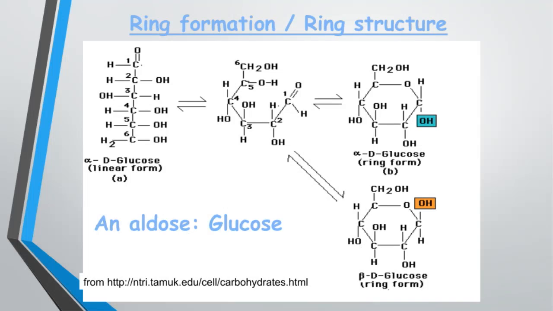Let's take a closer look at glucose, which is a classic example of an aldose. As you can see, it's a simple sugar essential for energy in many biological systems. Now, when we talk about glucose, one key aspect is its ability to form rings. This ring formation is a fundamental concept because it changes the structure of the molecule from a straight chain to a cyclic form. The ring structure is crucial because it affects how glucose interacts with other molecules and enzymes in